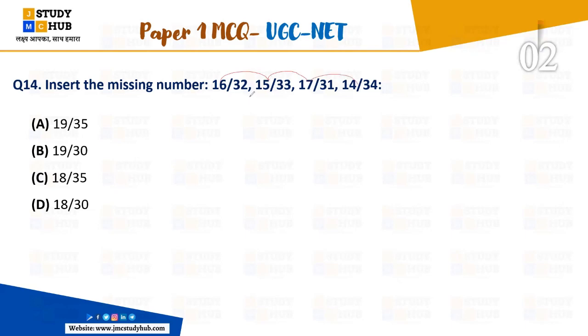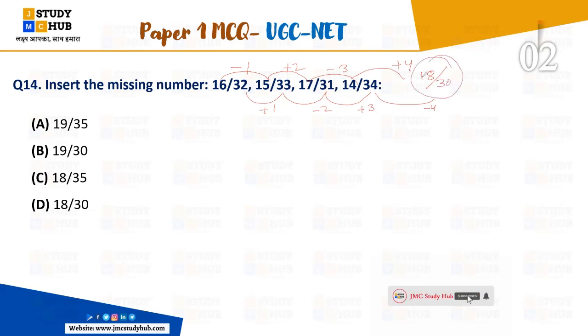Please answer, quickly tell. So here is the -1, here is the +2, here again -3, again here will be +4. So here it will be 18, right? If you look here, that is +1, that is -2, yes, and that is +3, and here it will be -4. So that will be 30, right? So 18 by 30 will be the right answer, and D is the correct answer, right? Yes, very good. Everybody has answered correctly, and that is 30, right?